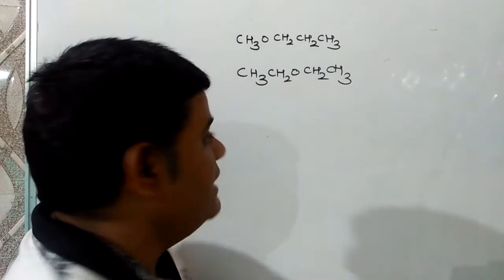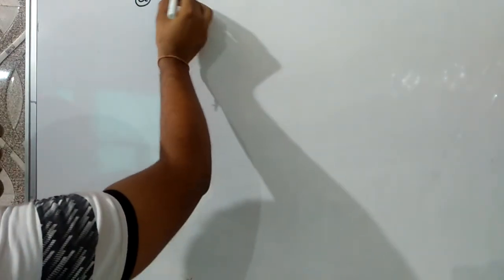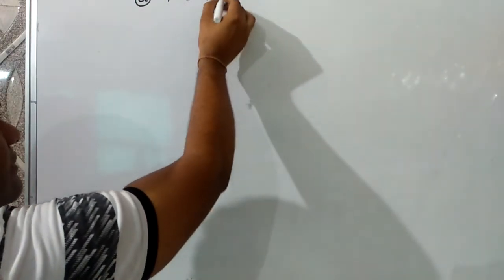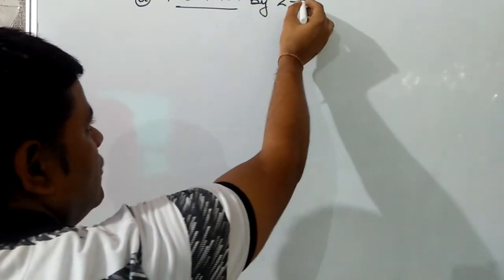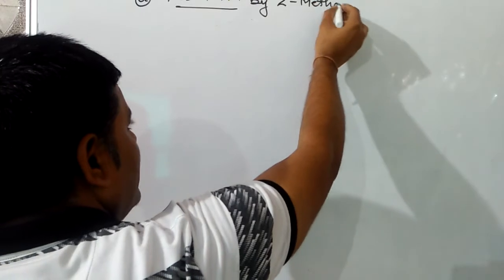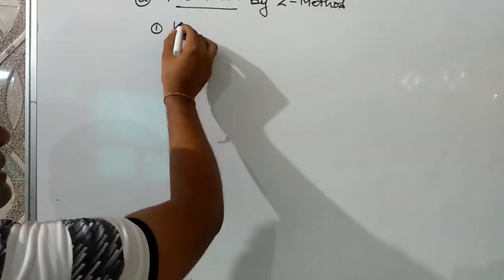After discussing isomerism, now we have to discuss the methods of preparation of ether. A few of those methods have already been discussed by us in haloalkanes, haloarenes, as well as in properties of alcohols and phenols. The first method is from haloalkane. We can prepare ethers from haloalkane by 2 methods, and the first method is Williamson synthesis.